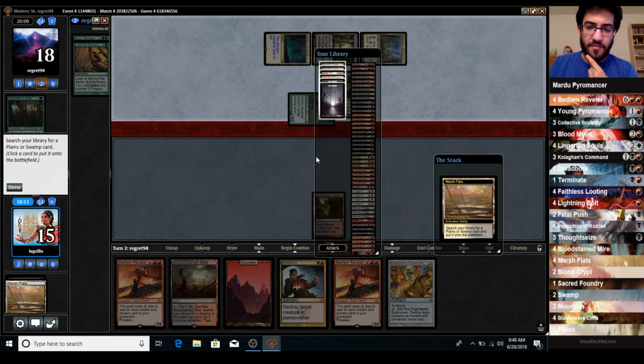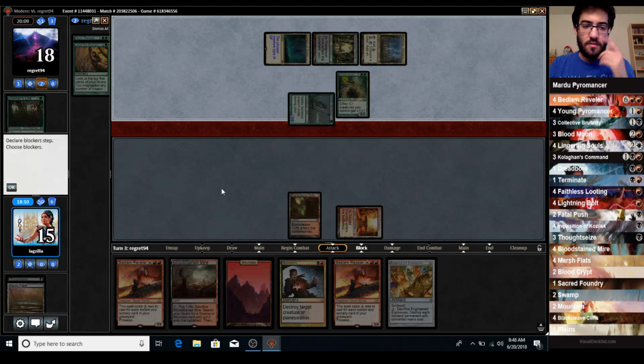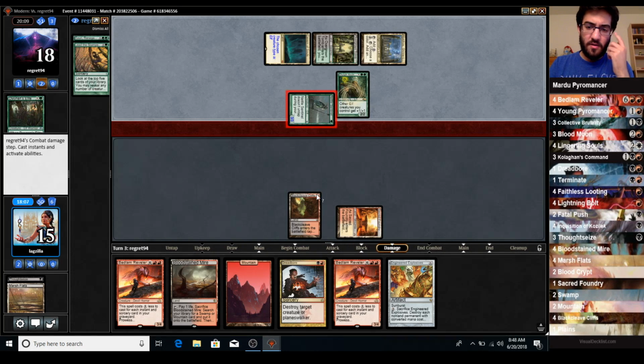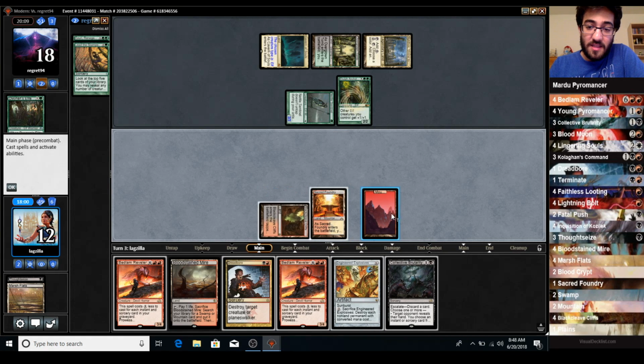I guess we'll just go ahead and fetch a Sacred Foundry right now. Take the hit here. I think Brutality was the perfect draw. I'm not gonna lie, guys, I think...